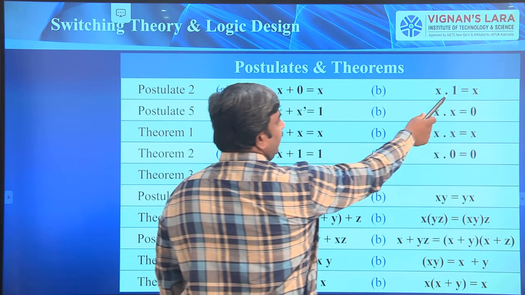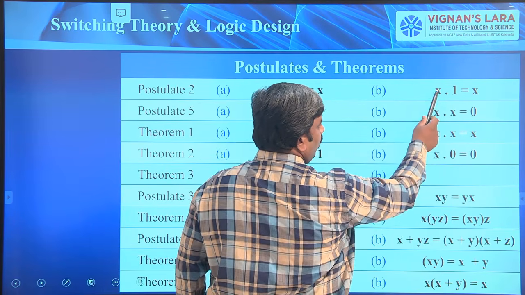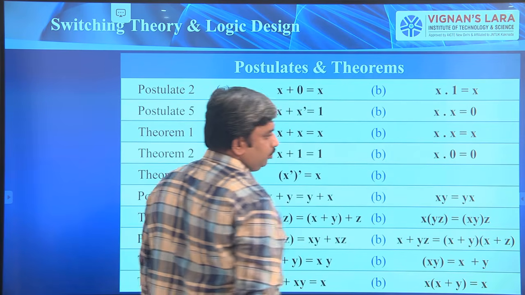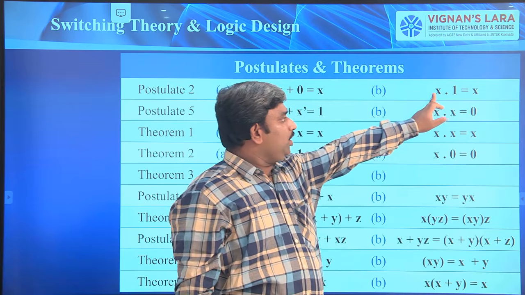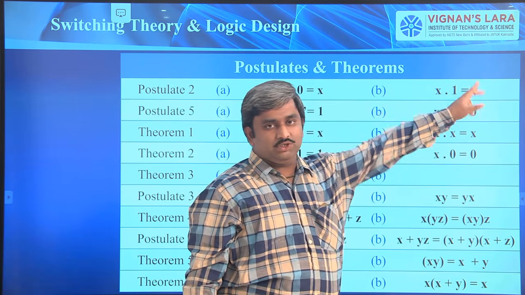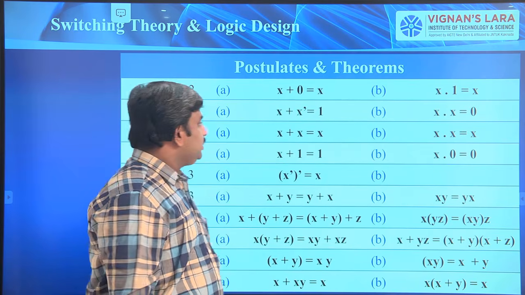So coming to B, x into 1 is equal to x. So 1 into 1 is equal to 1, 1 into 0 is equal to 0. If x is equal to 0, the product is equal to 0. If x is equal to 1, the product is equal to 1. So finally, only x appears as the output. In the same way,